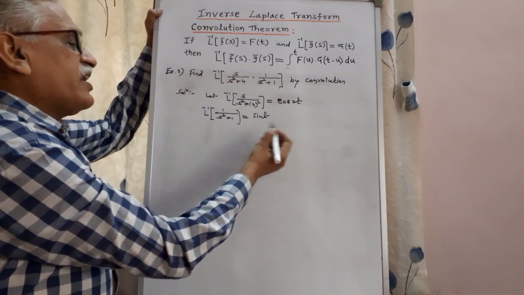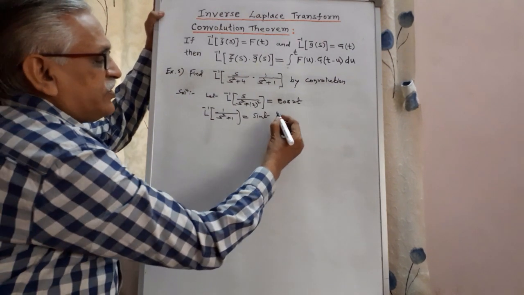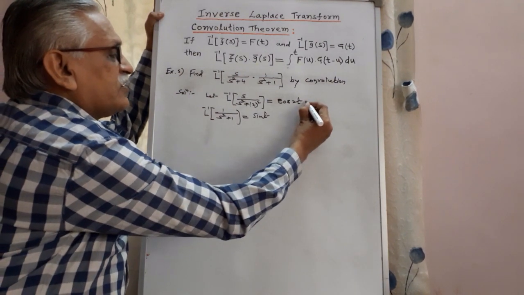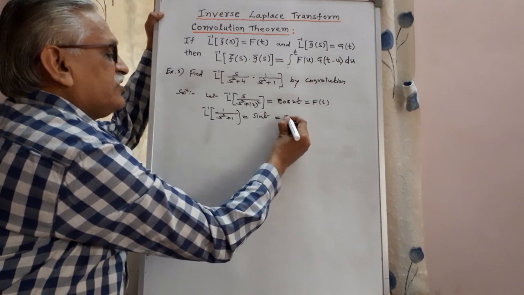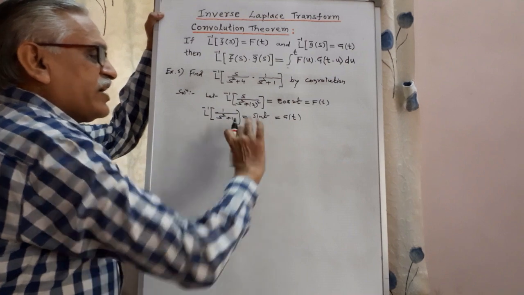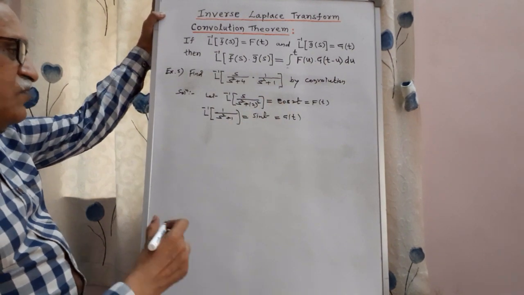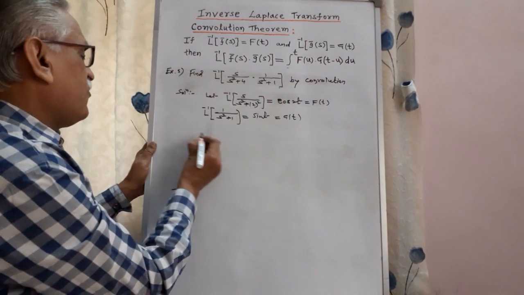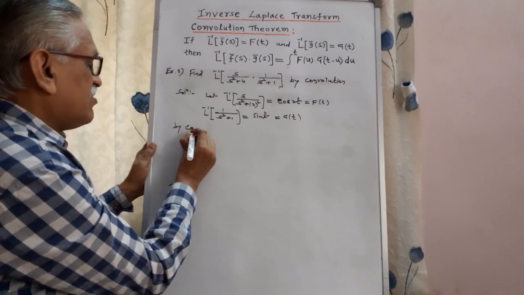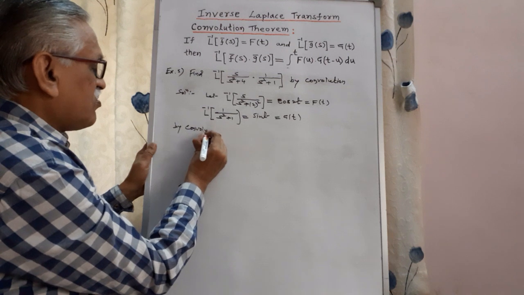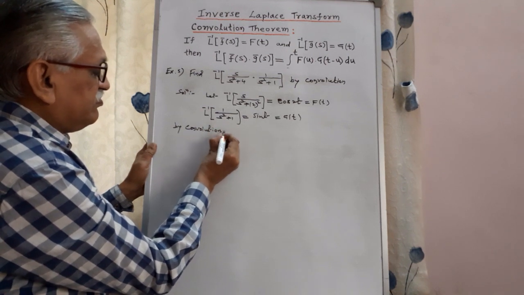Therefore, one has f of t, second has g of t. I will consider this as f of t and this as g of t. Or we can interchange it, no problem. Therefore, by convolution theorem,